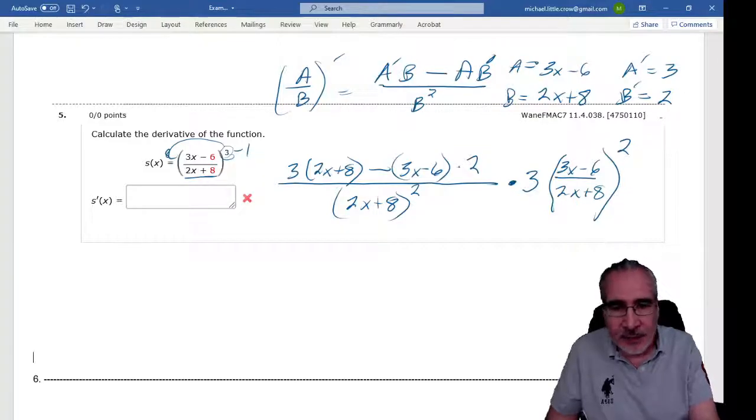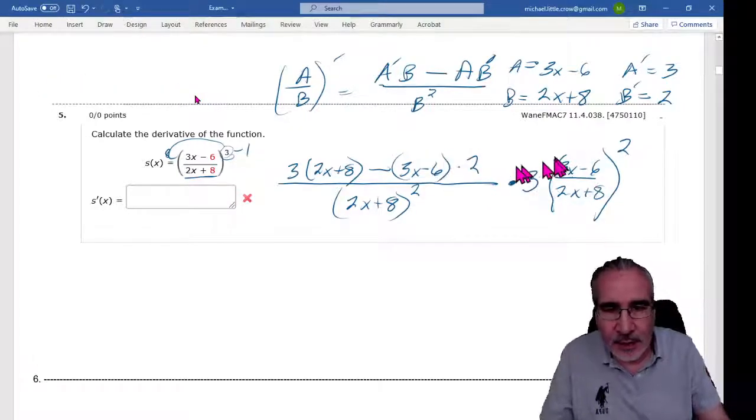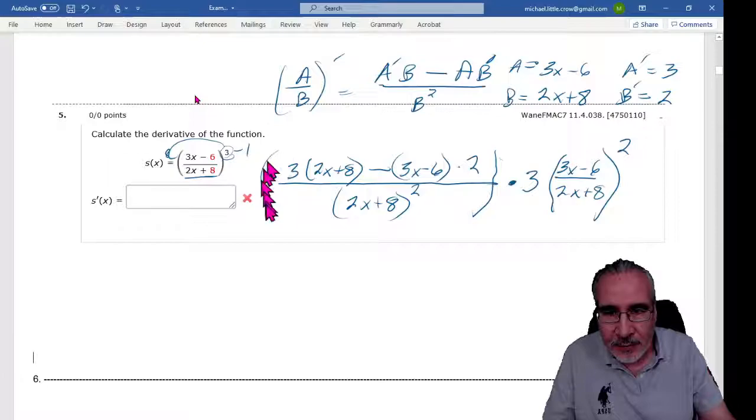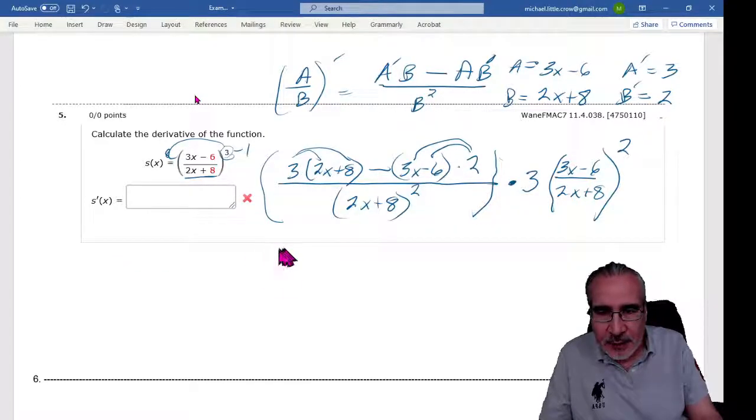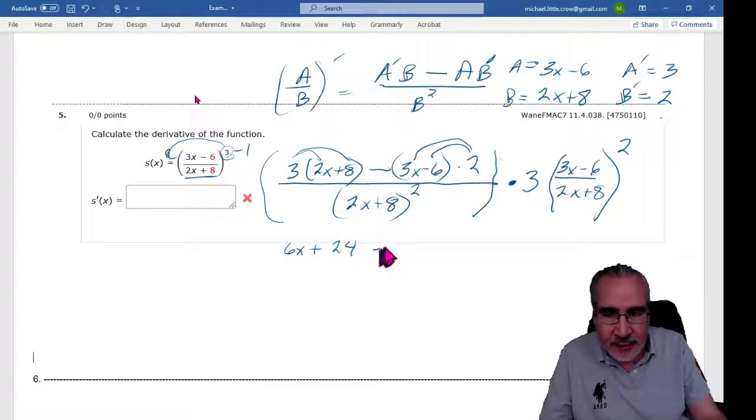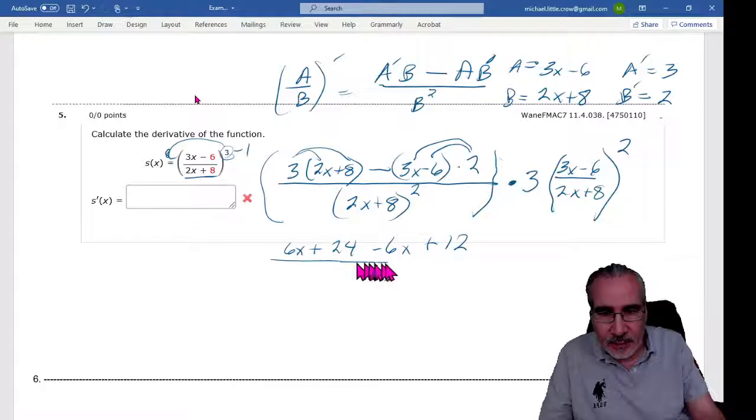If you don't, well, let's go ahead and remember, there's sort of like a big parentheses around this. So let's go ahead and distribute the 3 and then distribute the 2, because oftentimes we get a bunch of canceling out. So we get 3 times 2 is 6x, 3 times 8 is 24, and then we get, and this negative is going to come through, so we get a negative 6x. See, that's going to cancel out, and then a negative times a negative is positive. 6 times 2 is 12, plus 12, all over 2x plus 8